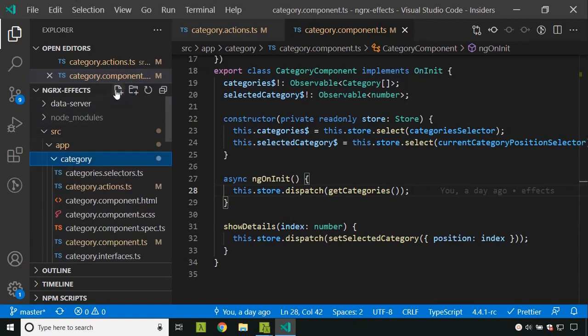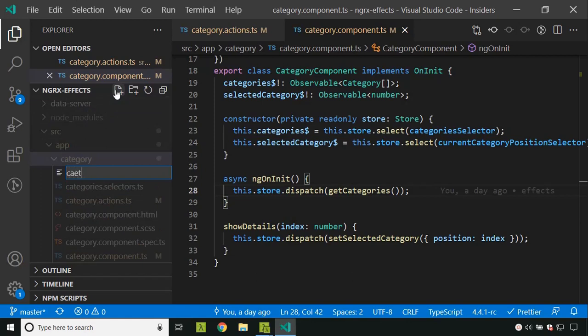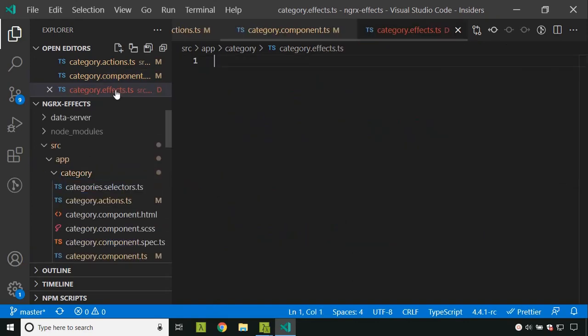We will create a file category.effects.ts.